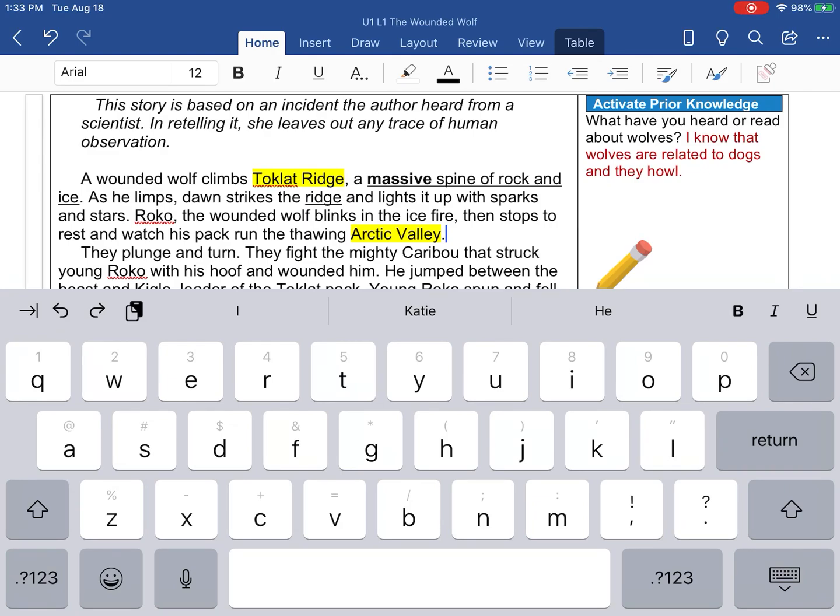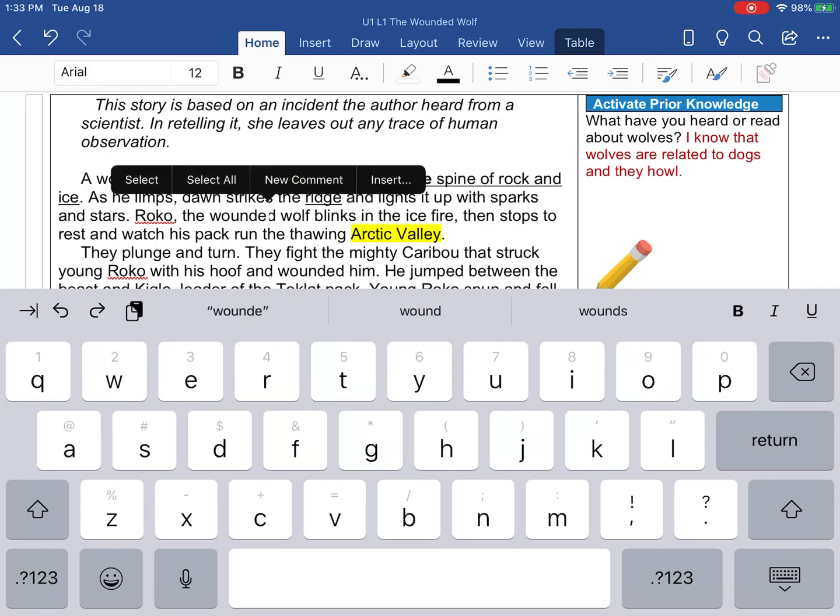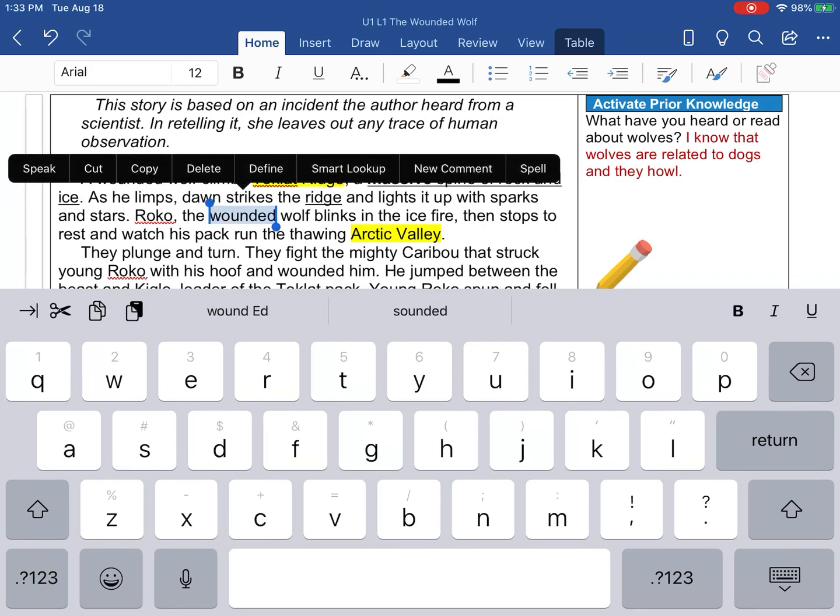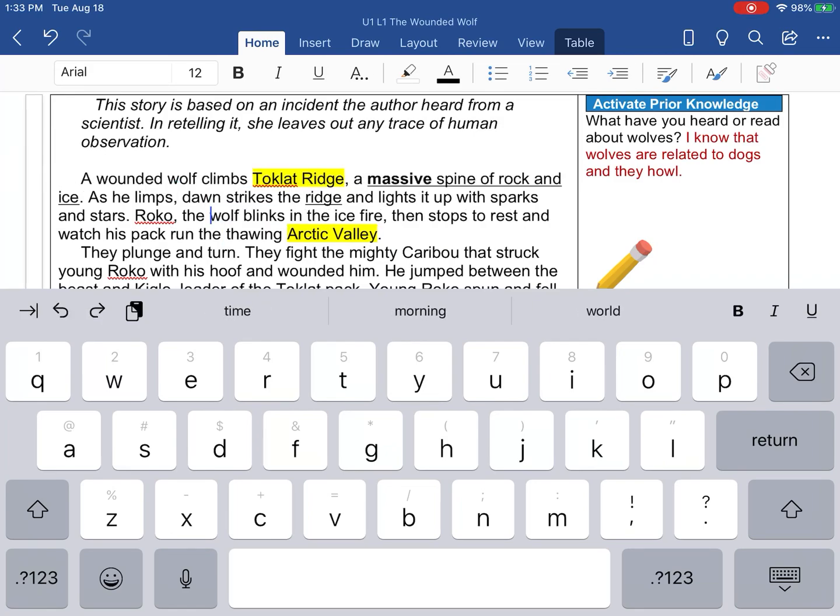Now, inevitably, what's going to happen is you're probably going to click on something. Maybe you'll make a mistake. Maybe you'll accidentally delete something. Oh no, I deleted some of the text. Now what? Well, that's okay. There's a little arrow up in the top left-hand corner, and it's an undo arrow. So all you do is hit the undo arrow, and that will help you undo what you didn't